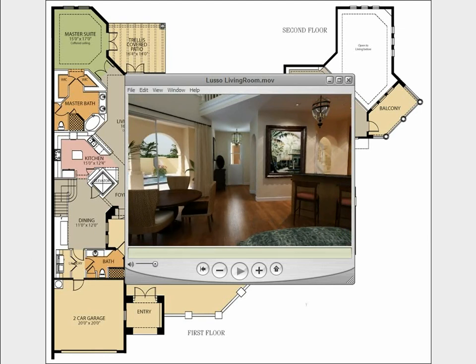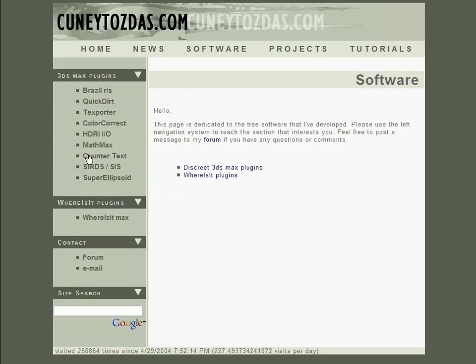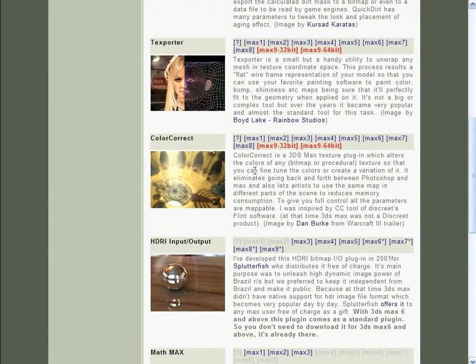Before starting this tutorial, I would recommend downloading a plugin called Color Correction. It's not a requirement at all, but some of the materials in the scene take advantage of this plugin, and if you don't have it, you'll receive a message indicating that you have a missing file when you try to load the scene, or when you at least try to merge the furniture into the main scene. You can download this plugin at no charge from this website you see here,